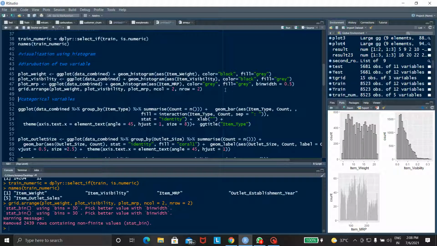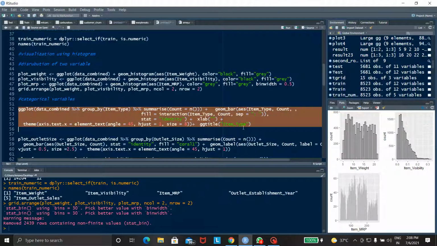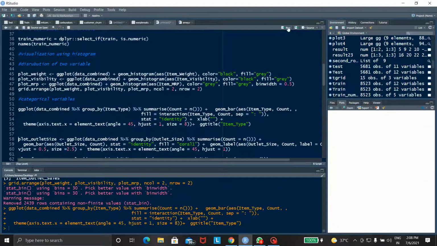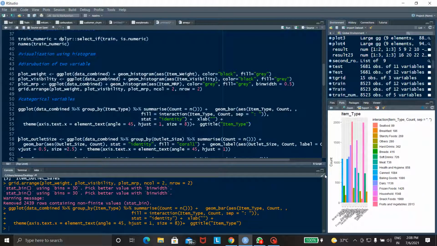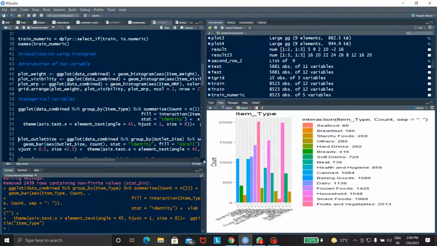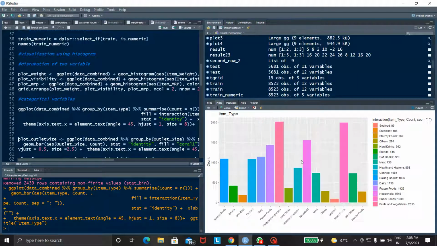Then next are the categorical variables. Using ggplot we can get this output. This is the program for the categorical variable. After running this program we can get this output. In this output we can clearly see the item type and their count.